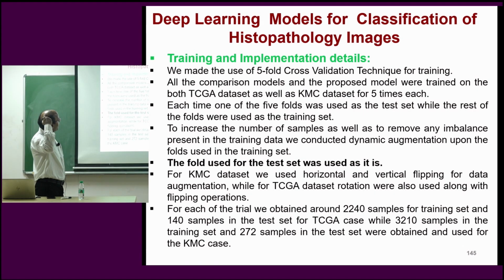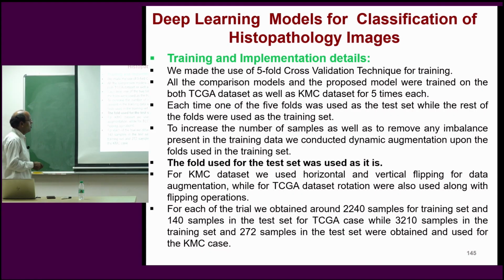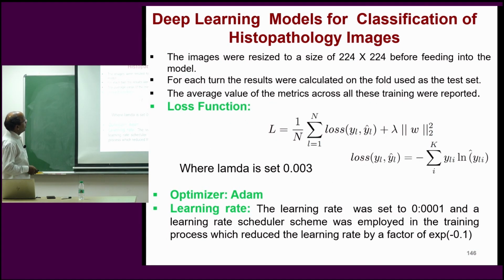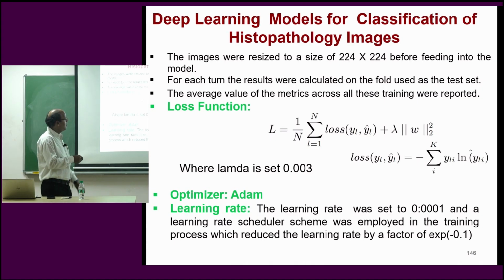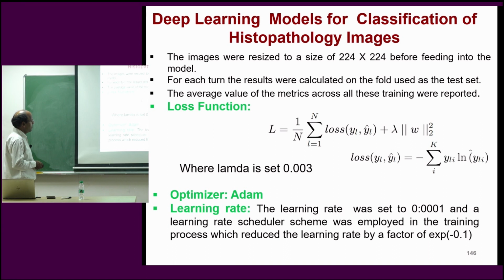And then we did some training, also with five-fold cross validation on both datasets, TCGA as well as the KMC dataset. And the loss we use here, you see the loss functions, right? And we also use some regularization here. This is the loss, finally, this part. And lambda used in our experiment is 0.003. Optimizer is Adam, learning rate used here is 0.001, and also